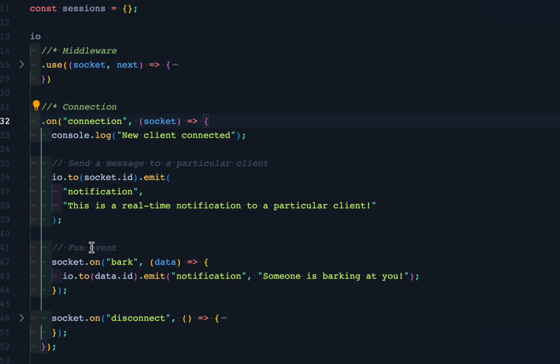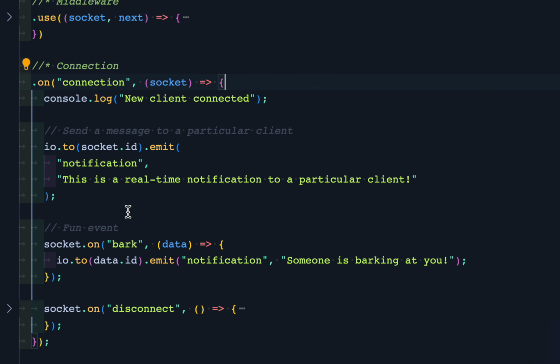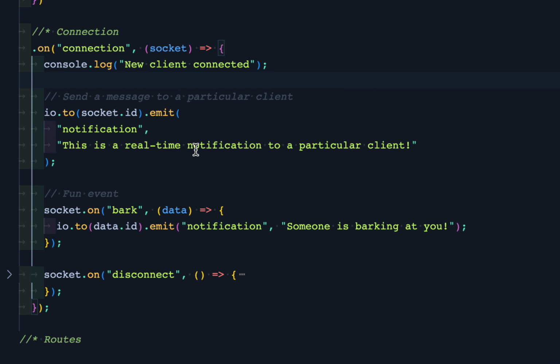I don't know if it is zoomed enough or not, but on my computer it's pretty much zoomed. Alright, so when a client connects, I am just printing new client connected, so I know someone is connected. Now to that connected user I'm sending a message, given that the user is listening to an event as soon as he is connected, and the event is notification. So here's the thing,